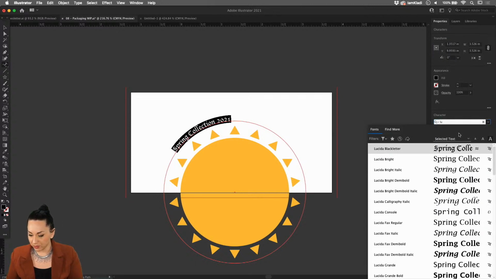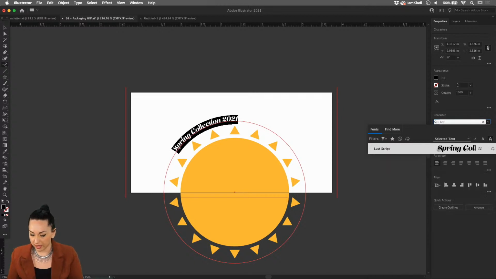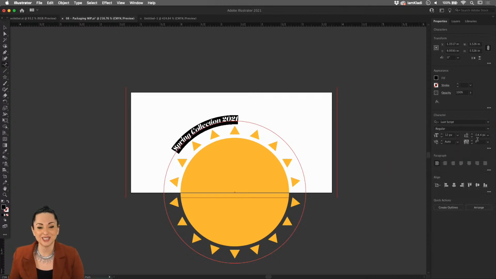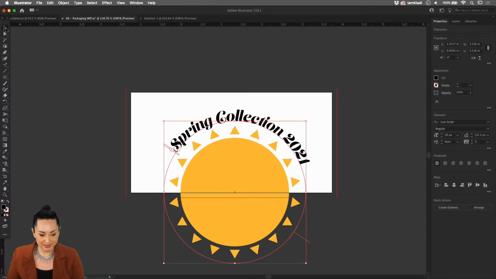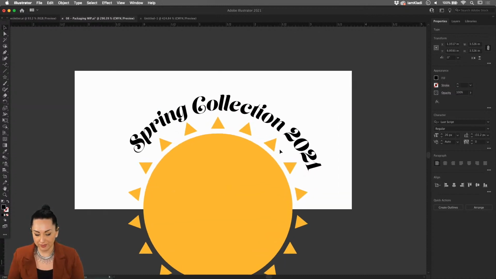One of the fonts that I've been using lately is a font called Last Script, which I think really fits with this beautiful spring vibe. And you can also change the size of your font. Beautiful. Let's go back and select the selection tool in order to have a little bit of a better look